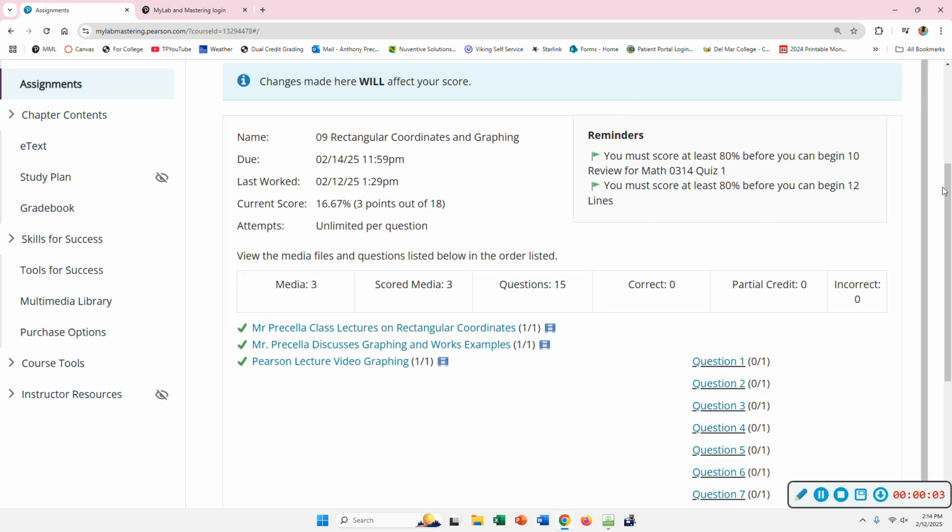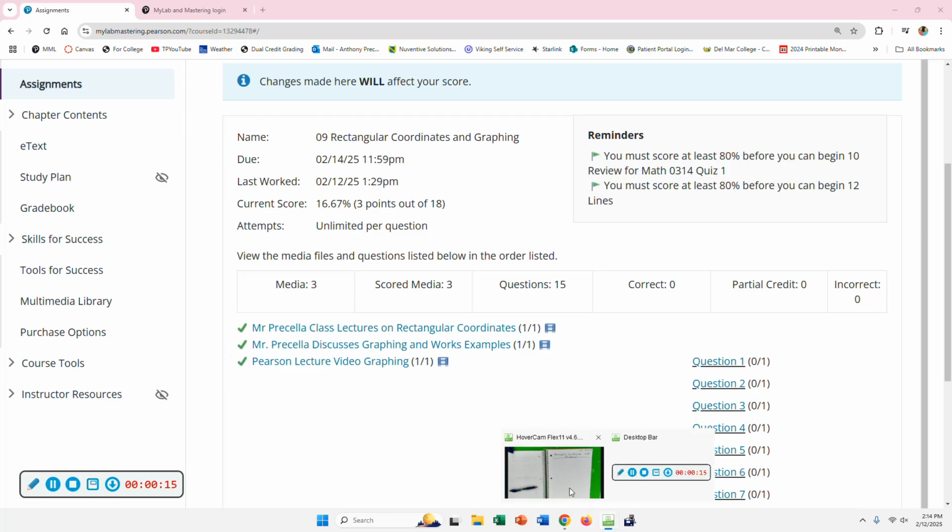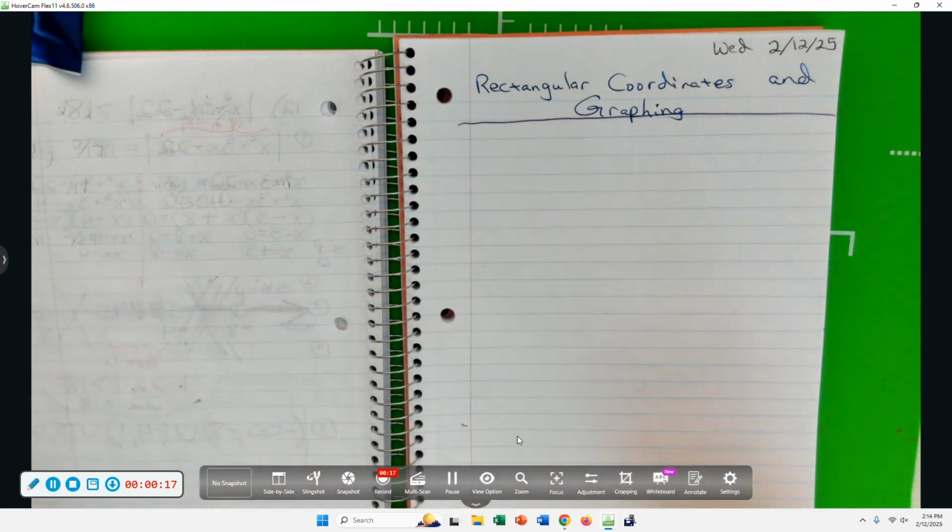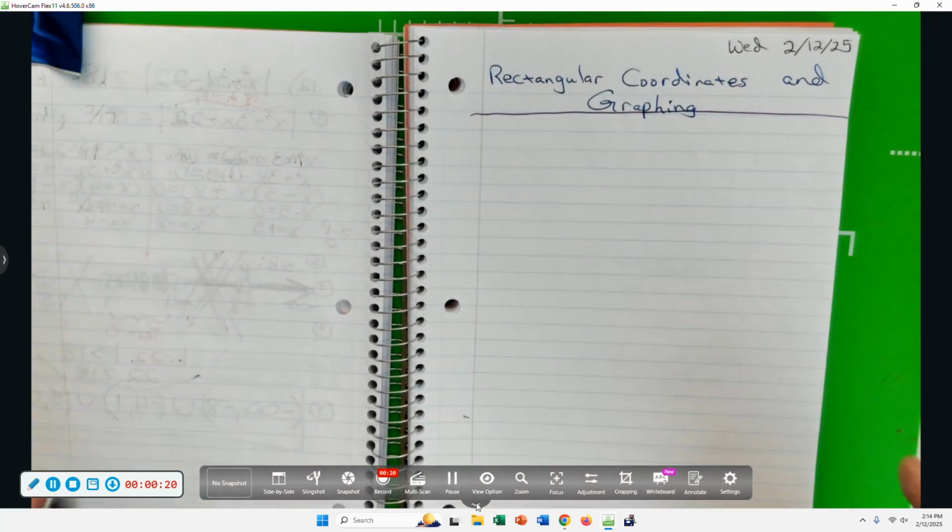Good afternoon, class. Today we're going to be looking at the first assignment that has the graphing tools that are built into Pearson MyLab. We'll be looking at rectangular coordinates and graphing, and I need to remind y'all of what I mean by a